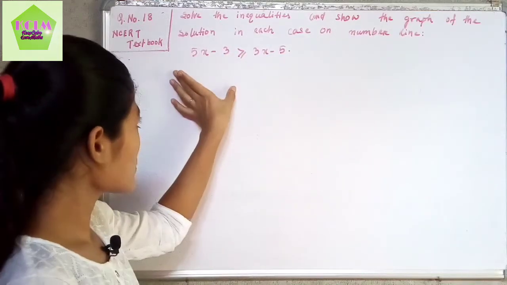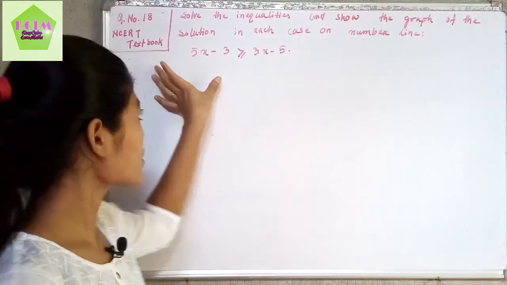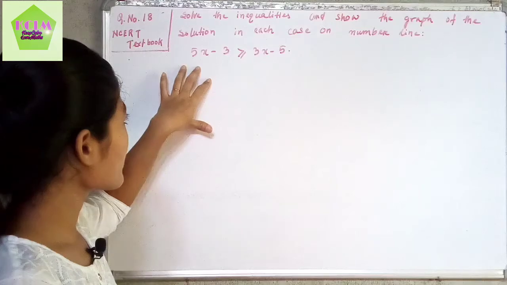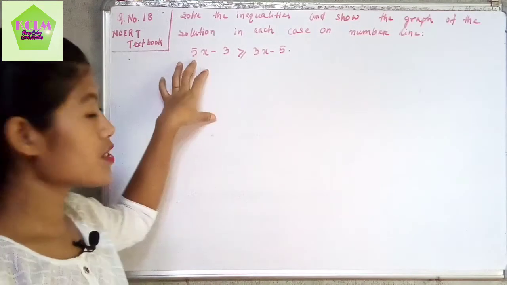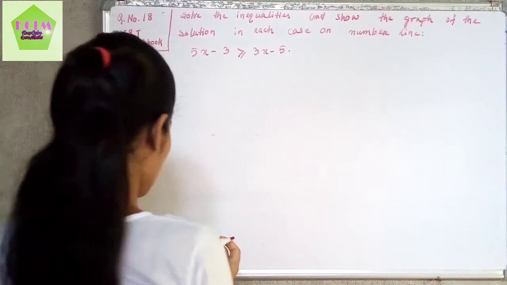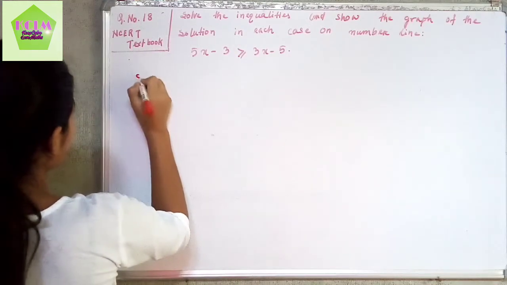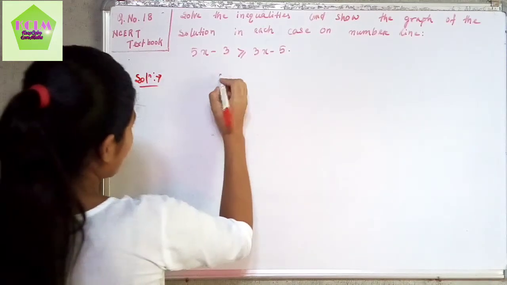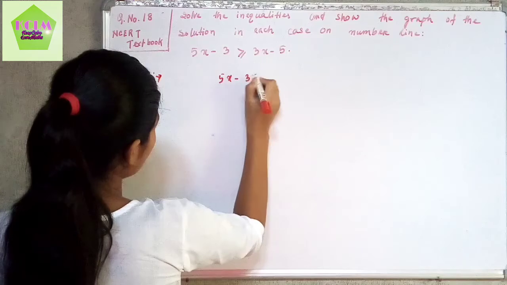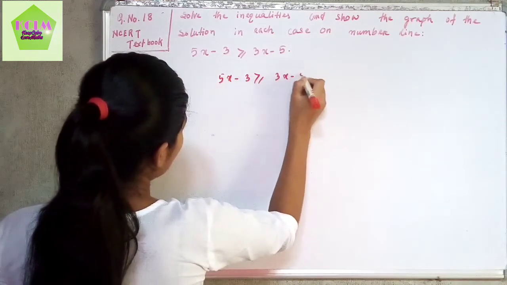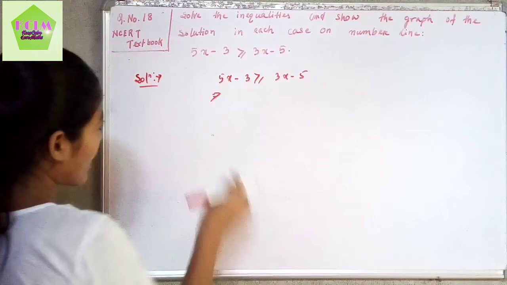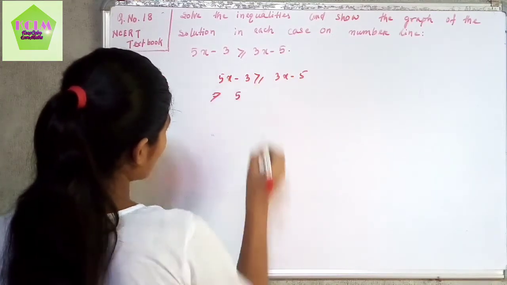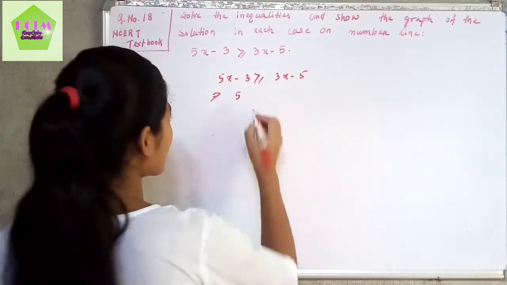line. So since we are given a linear inequality, first of all we have to solve this linear inequality and show the graphical representation of this solution in number line. So first of all, to solve this inequality, we apply the rules of linear inequality. So here 5x minus 3 is greater than or equal to 3x minus 5. Therefore, first of all we subtract 3x on both sides, then we get